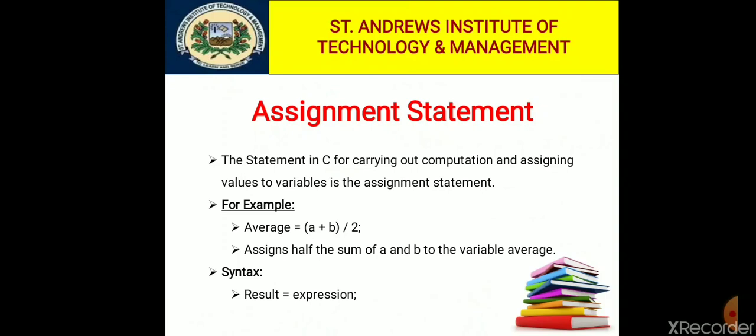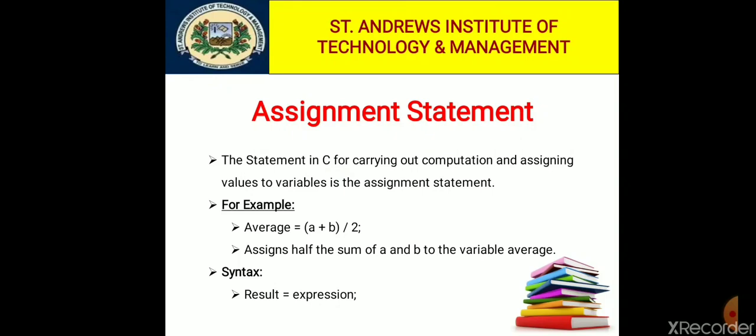Means, if we want to assign a value from right hand side to left hand side, we use the assignment operator. For example, average = (A + B) / 2. Here we assign half the sum of A and B to the variable named average.